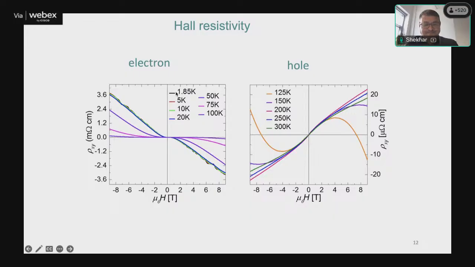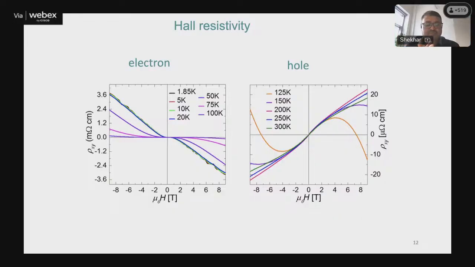So we can see, and even though this varies with the temperature, up to 100 Kelvin the major type of charge carrier is electron, because the slope is negative. But when you go above 100 Kelvin, the slope becomes positive. So the major charge carrier is the hole type of charge carrier. But these two charge carriers we can